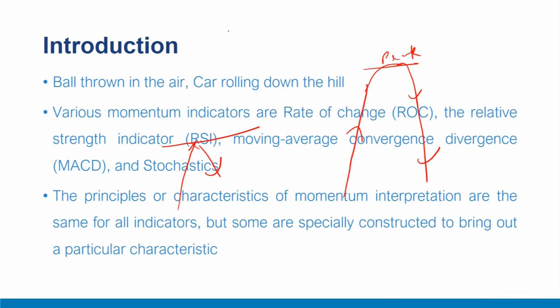Thus, the use of momentum indicators can warn of latent strength or weakness in the indicator or price being monitored, often well ahead of the final turning point. The idea of downward momentum can be well understood by comparing it to a car that is pushed over the top of a hill.